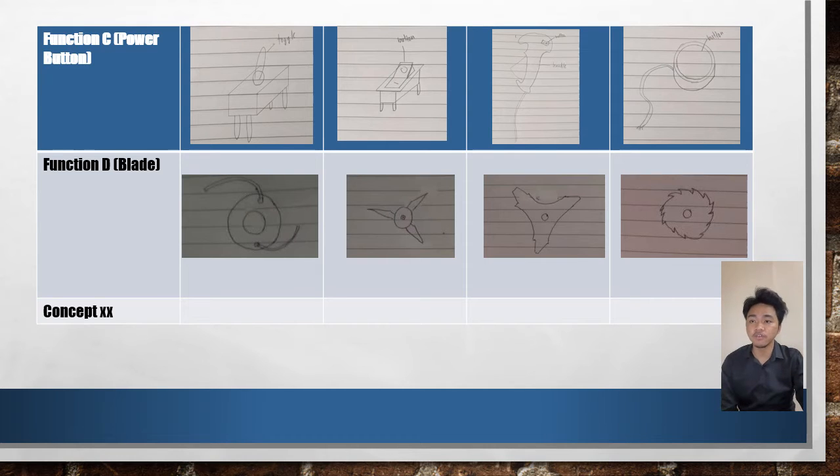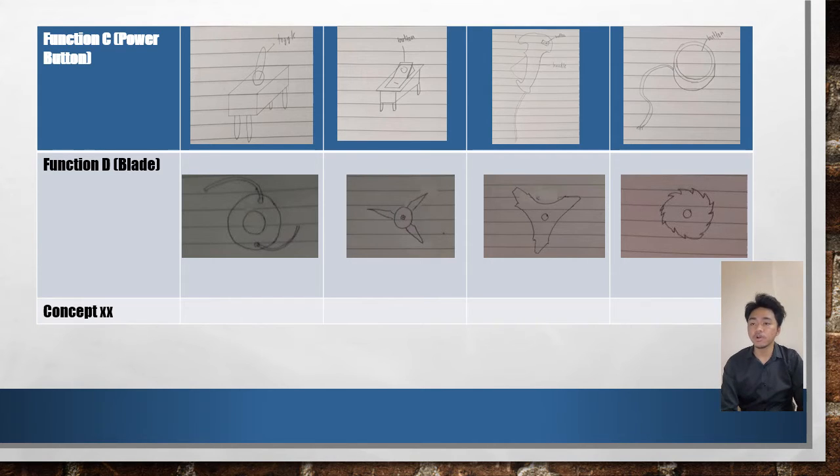We also have function C, which is the power button to turn the product off and on. And lastly, function D, which is the blade. Blade is used to cut the grass.